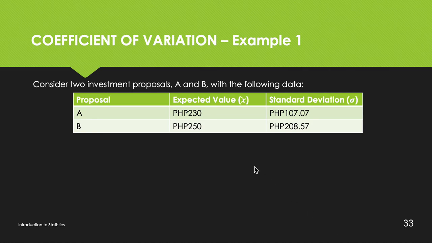So let's have it. For letter A, remember the CV formula is equal to your SD, your S, all over your X bar or your sample mean, multiplied by 100%. So this is your coefficient of variation. Now let's have A first. Let's call that CV subscript A, shall we? The SD of A is